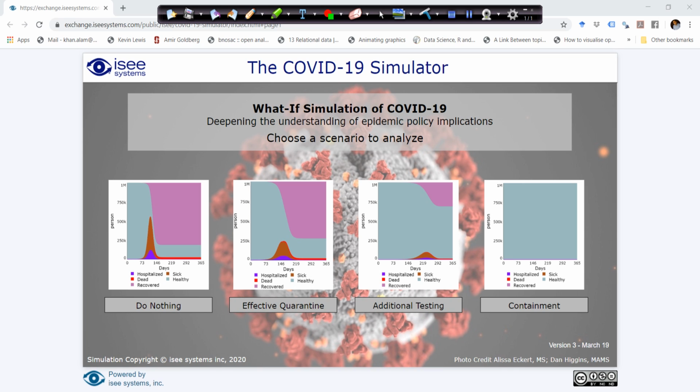So we'll start with a very simple assumption of what happens if we don't do anything and we deny the existence of the virus, or even delay on taking actions. So if we start with the concept of do nothing,